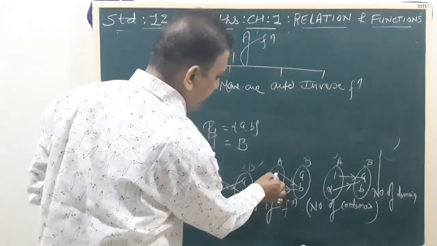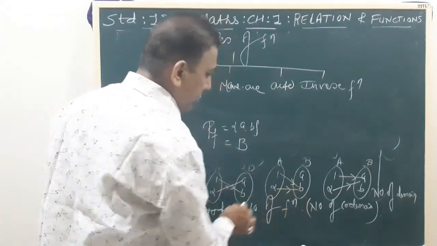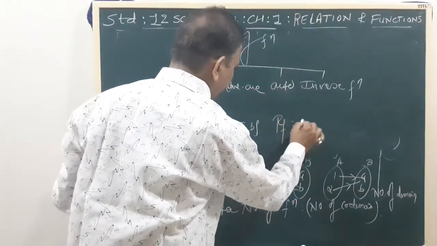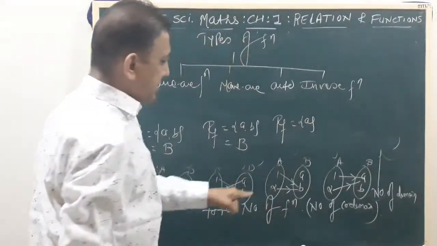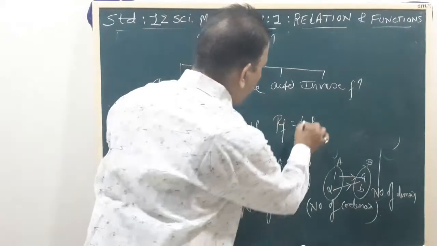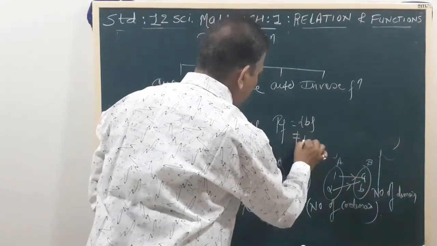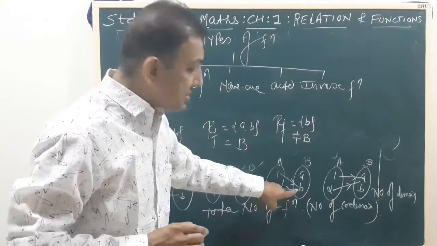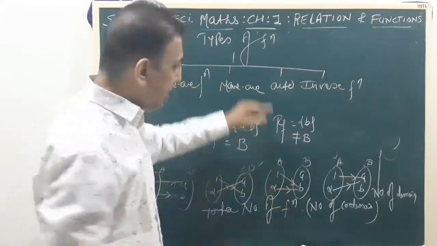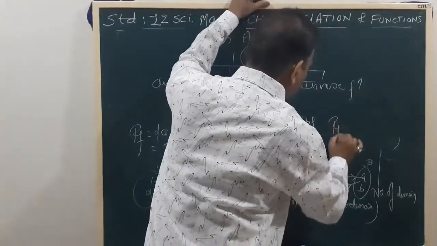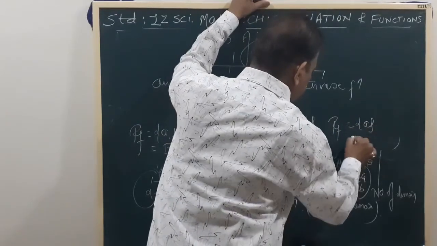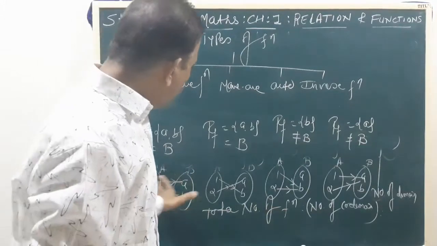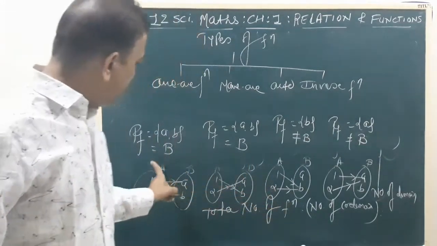Here F1 answer B, F2 answer B, but not any one has answer A. So here the range of the function is only B. So it is not equal to the codomain, because the codomain is A and B, but the range is only B. Okay, here the answer A and the codomain are different. The codomain is AB. So first two, look here.